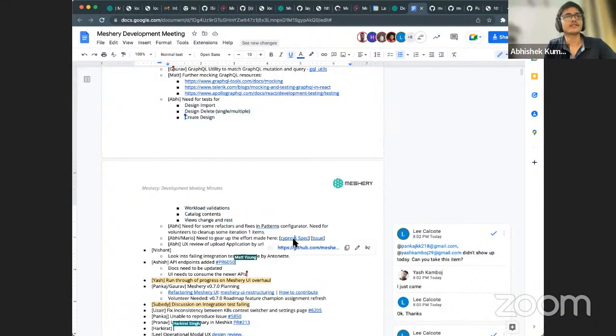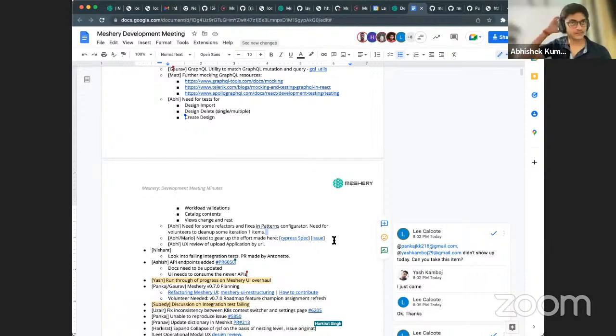Then, yeah, I think we just talked about this Cypress spec that needs help. Mario wrote the spec you're seeing originally, but as we saw, we have just moved to GraphQL subscriptions for updating all these things. Meanwhile, the tests were kind of invalidated because they were written expecting that everything is being done with the help of REST APIs. That's not the case anymore. That's why it needs a revamp.